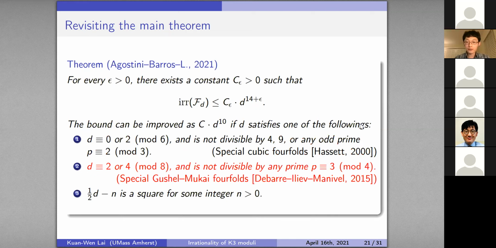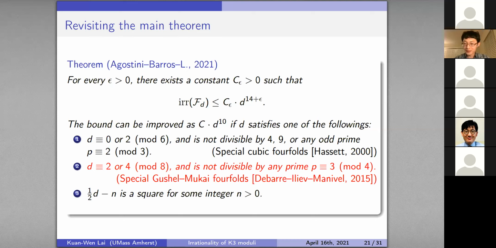And for the second family, the estimating process is basically parallel to the first case. In this case, the main objects used here are special Gushel-Mukai fourfolds, and this whole theory about associated special cubic associated K3 surfaces of these Gushel-Mukai fourfolds is established by these three people, Debarre,